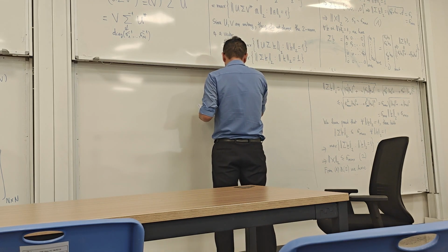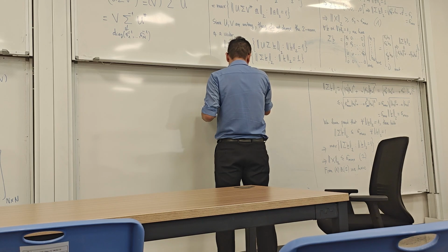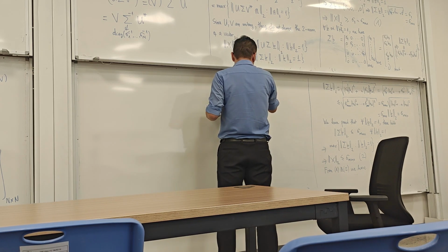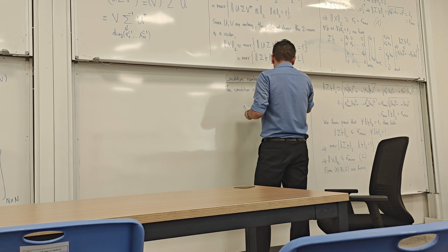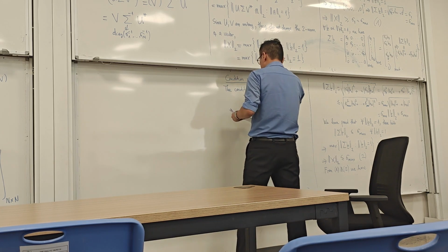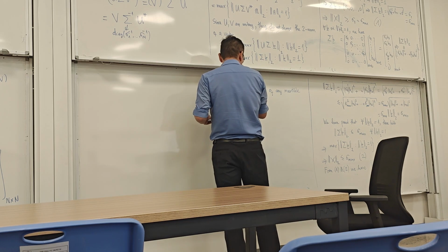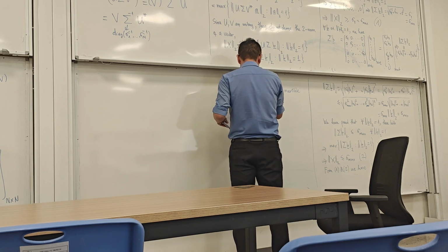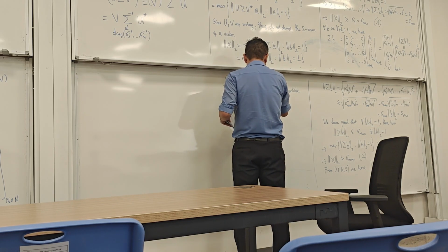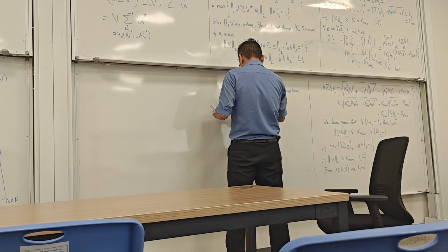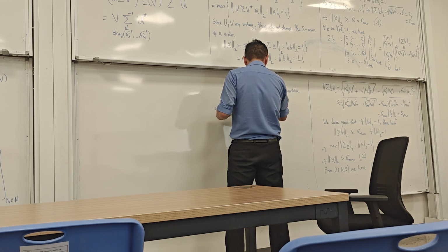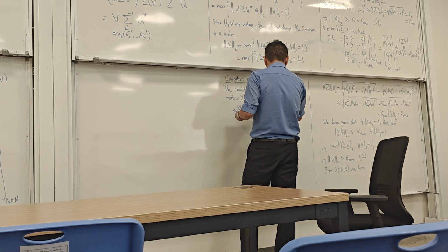Now the condition number of any invertible matrix X is defined as the following: the condition number, kappa of X, is defined to be the norm of X multiplied with the norm of X inverse,